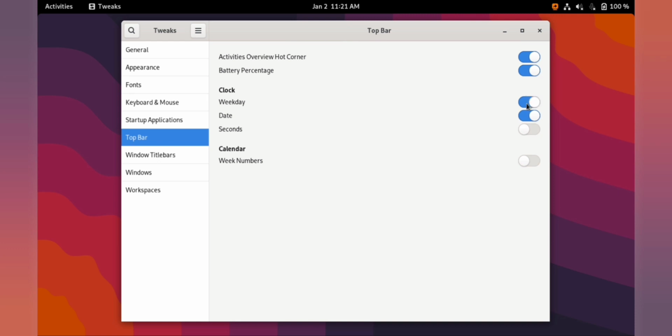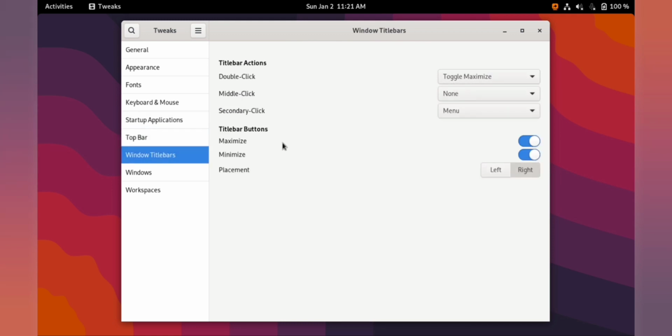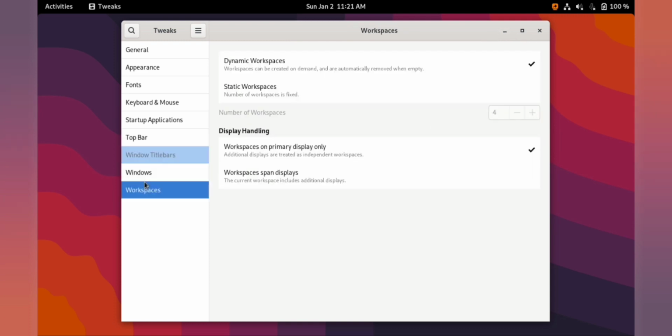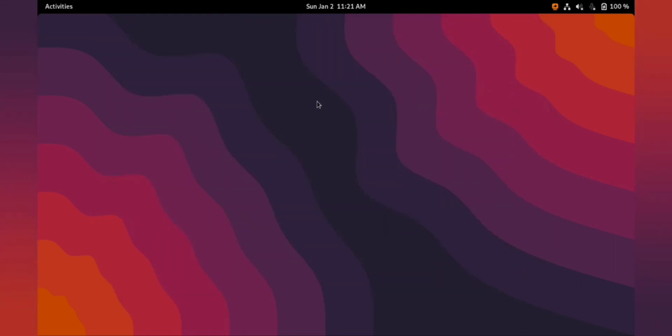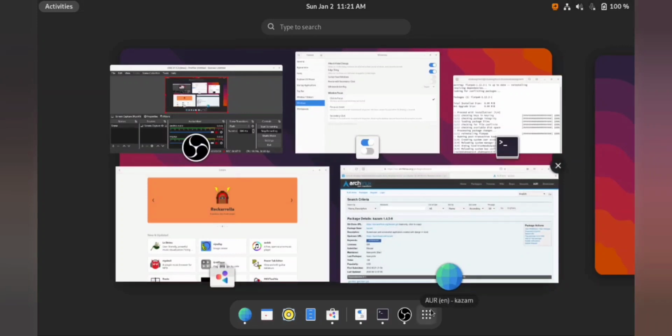You can change how the top bar looks. You can enable the battery percentage, the weekday and time and seconds as well. And this is where you can enable the minimize and maximize buttons. This is very helpful. I've gotten used to it, so I need minimize and maximize. So you can enable it from this tweaks option. This is how the recents look,